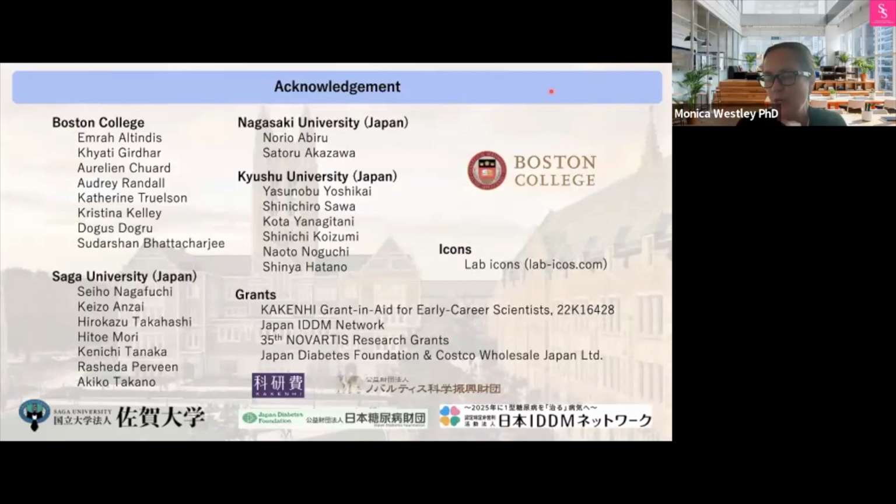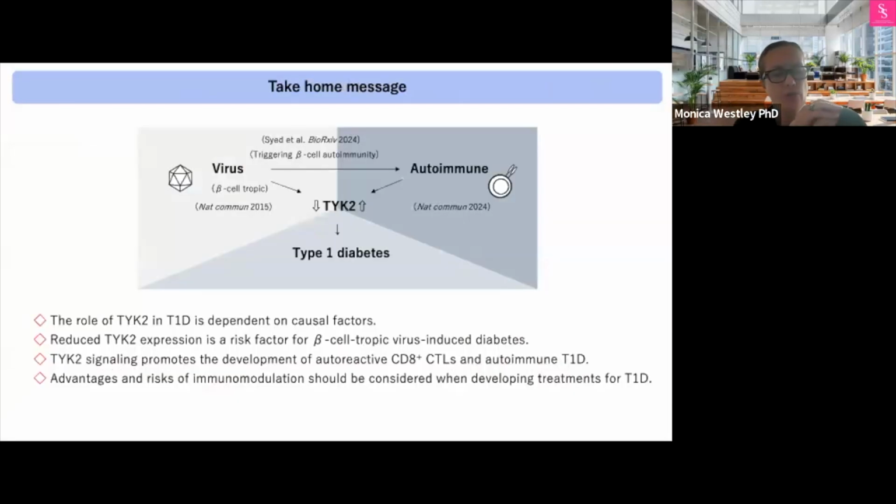And I also just wanted to give a shout out here to the fact that deucravacitinib, the TYK2 inhibitor that was used in both of those papers, was a BMS drug that was released in 2022 for moderate to severe plaque psoriasis. It was the first innovation in oral treatment in 10 years. And it was fantastic that you took that product and set about testing it in the context of type 1 diabetes.